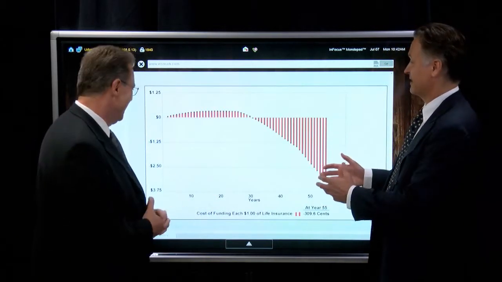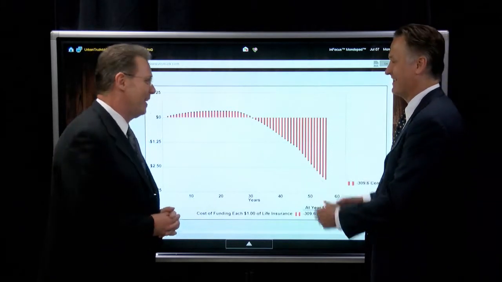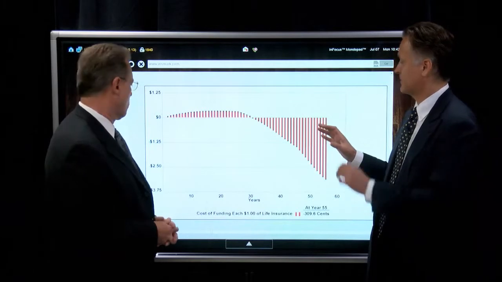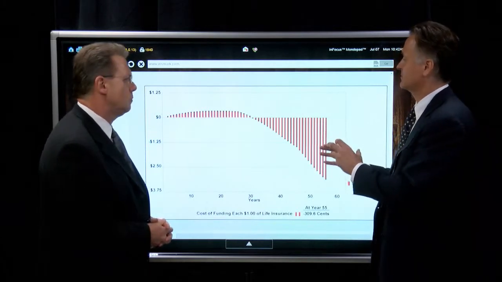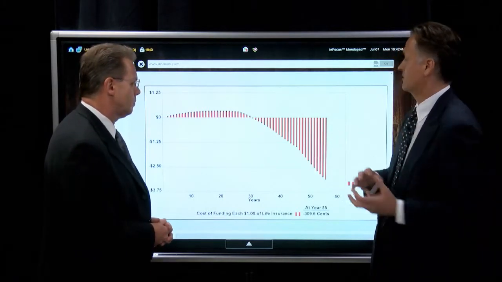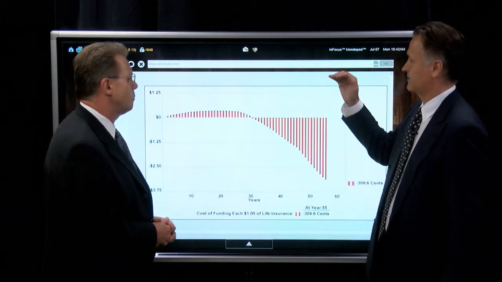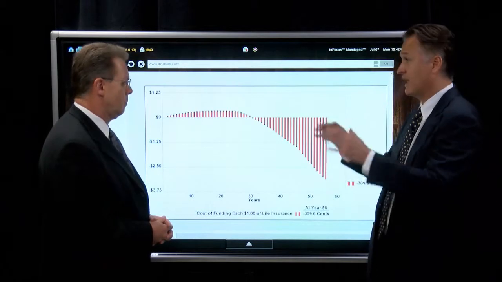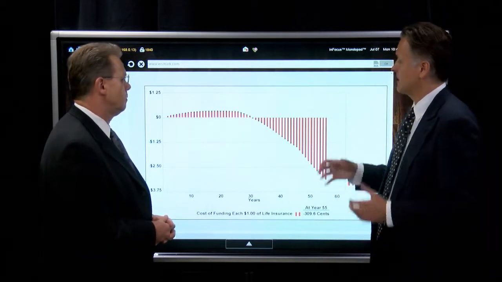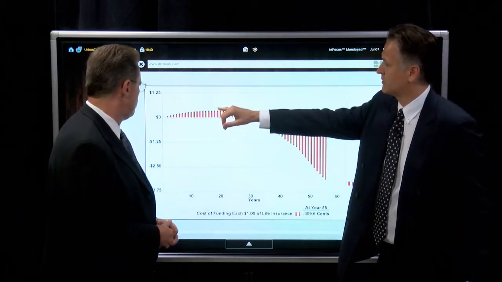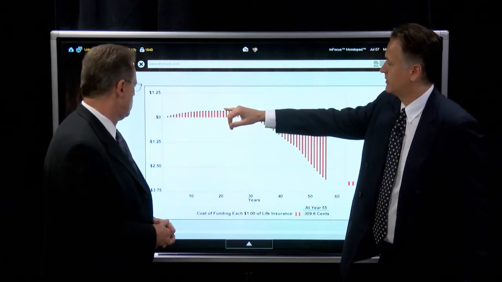Yeah, you look at this and say, wait a minute, there's an error in the program, right? Right. And there's really not an error in the program. This is how efficient cash value policies are in terms of pushing out money to policy owners. This policy is different. This policy actually has premiums paid in and then loans taken out. And because of the efficiency of paying out loans, this is showing the cost for $1 of death benefit, again